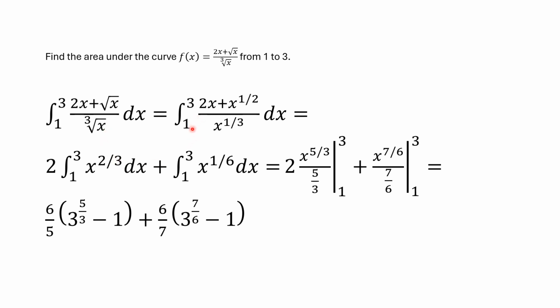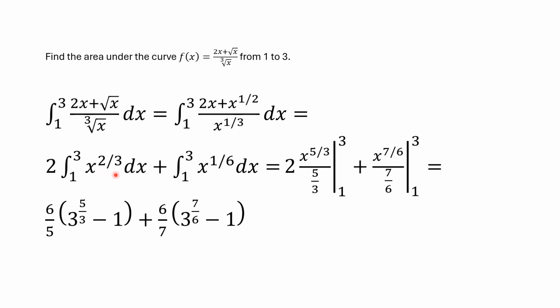So I have the integral from 1 to 3, 2x plus x to the 1/2 over x to the 1/3 dx, which is 2 integral 1 to 3 x to the 2/3, x to the first minus 1/3 is 2/3 dx, plus the integral 1 to 3 x to the 1/2 minus 1/3, x to the 1/6 dx,